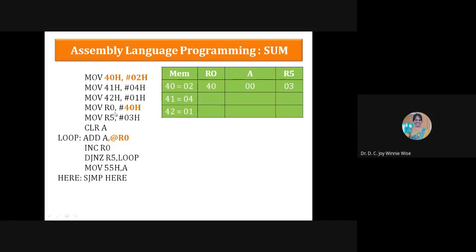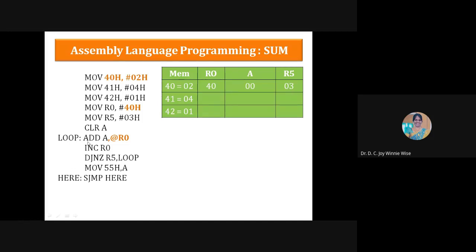And then I'm initializing this R0 register with 40H. Then R5 register is the number of data I'm going to add, 03. So 03. Okay. So here I have used a loop statement. So instead of writing the addition instruction add repeatedly, I'm going for a loop instruction. Okay, branch instruction. So these are the initial steps. Okay, I'm putting all the data in the memory location. So R0 register is initialized with 40, and I have cleared the accumulator, and R5 contains the number of data I'm going to add. That's all.